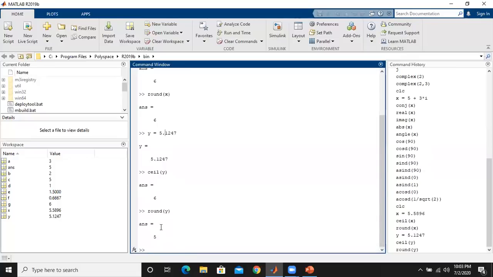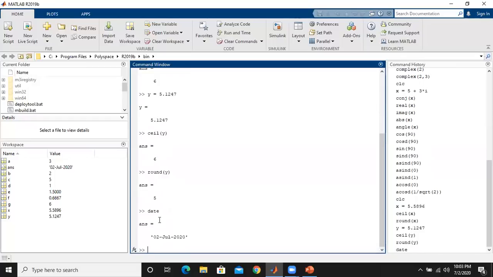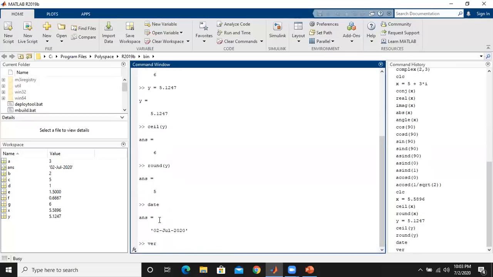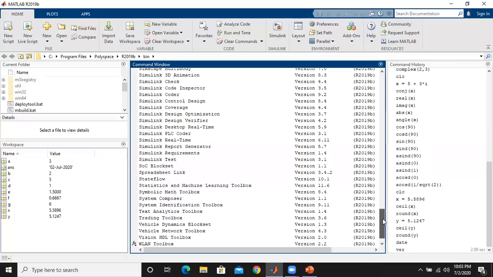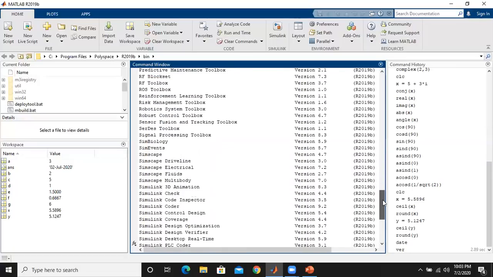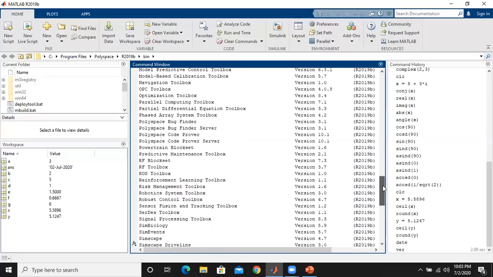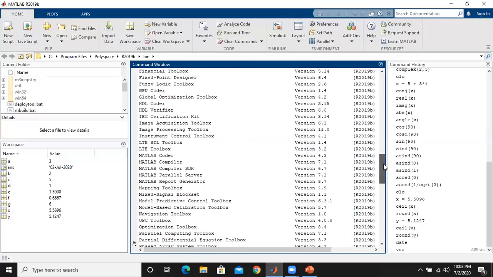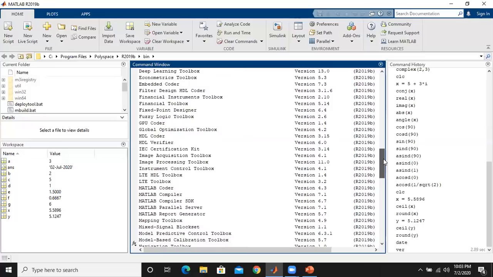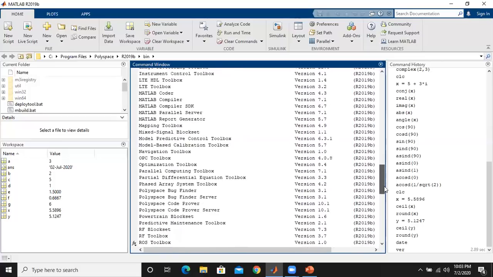And there are two more functions which are very useful to us. When you type date, it gives us the default date on which day we are working. And also if you want to see what version and what toolboxes you are using in your MATLAB, just type ver, so that the version and everything you can see. And also you can come to know about the various toolboxes available with MATLAB. Okay, so these are the various MATLAB tools available to you, so that you can do wonders by using these MATLAB toolboxes.